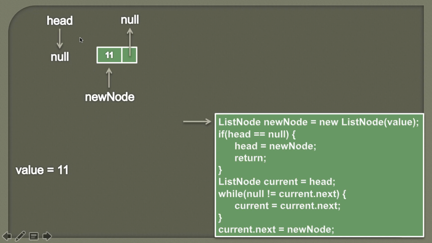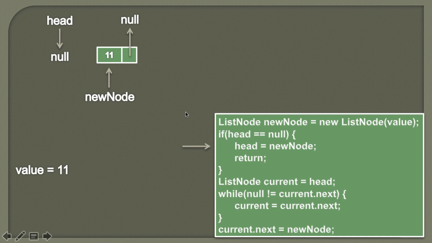So now we will insert this new node into the singly linked list at the end. First, in the algorithm, we check whether head is equal to null or not, because if head is equal to null then we know that the singly linked list is empty and there are no nodes. Currently the singly linked list is empty because head is pointing to null, so the condition in the if block comes out to be true. And in the if block we simply assign the value of new node to head. New node is pointing to a node having data as 11 and we want to insert this new node into the singly linked list at the end.